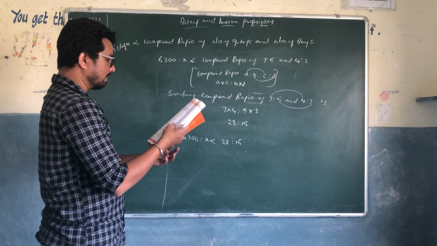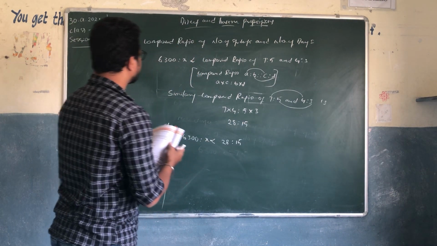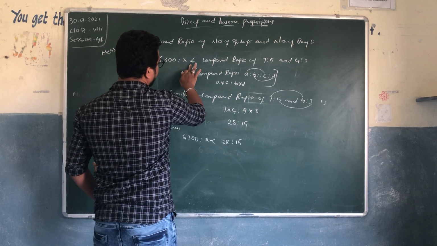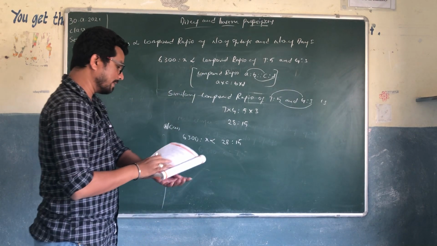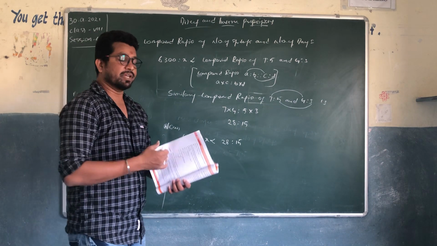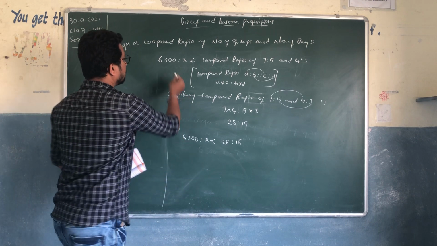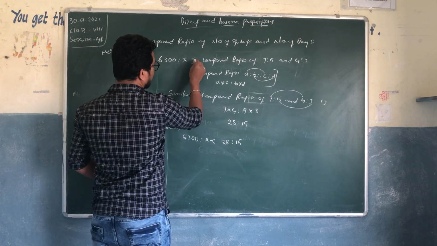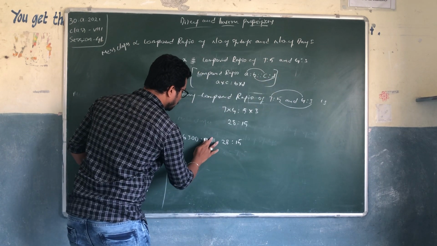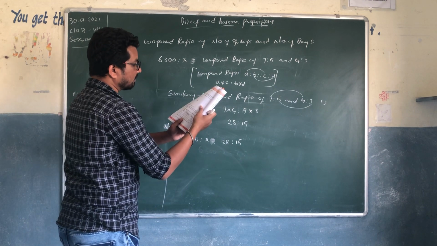So the first step in the question itself, we have said one thing. Or else you can do one more as in the textbook. You can make this equal, as we said in the first step itself. In the example before, we equate the ratio of the first quantity to the compound ratio of the other two quantities. So if we take it like this, now we need to find out the x value.